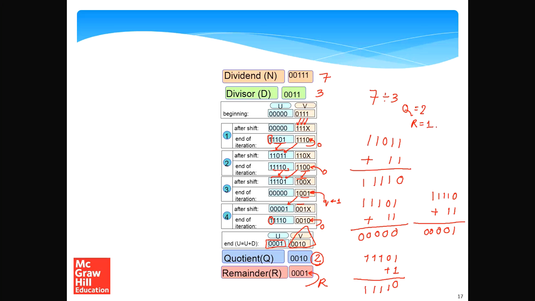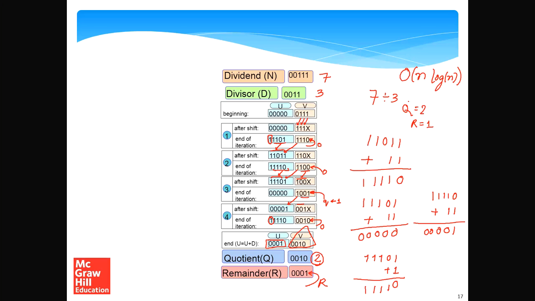In this case, we have not changed the ultimate asymptotic complexity of the algorithm. We still have n iterations, so the time required is order n. We still have n iterations, right? And in each iteration, we at least have a subtraction or an addition. So that is log n time. So we still require order n log n. But it's just that we don't restore the value of U. So we either do an addition or we do a subtraction, but that's it, right? We don't do anything more.